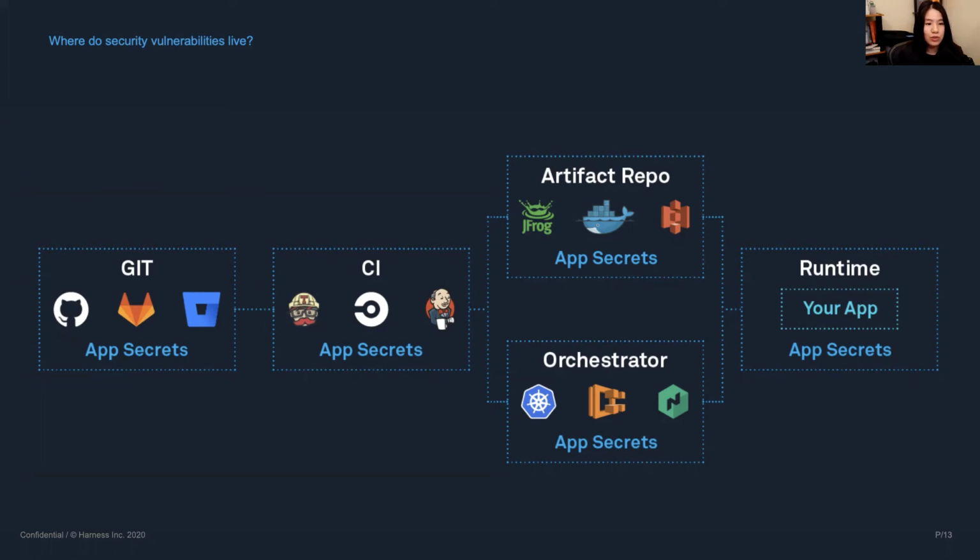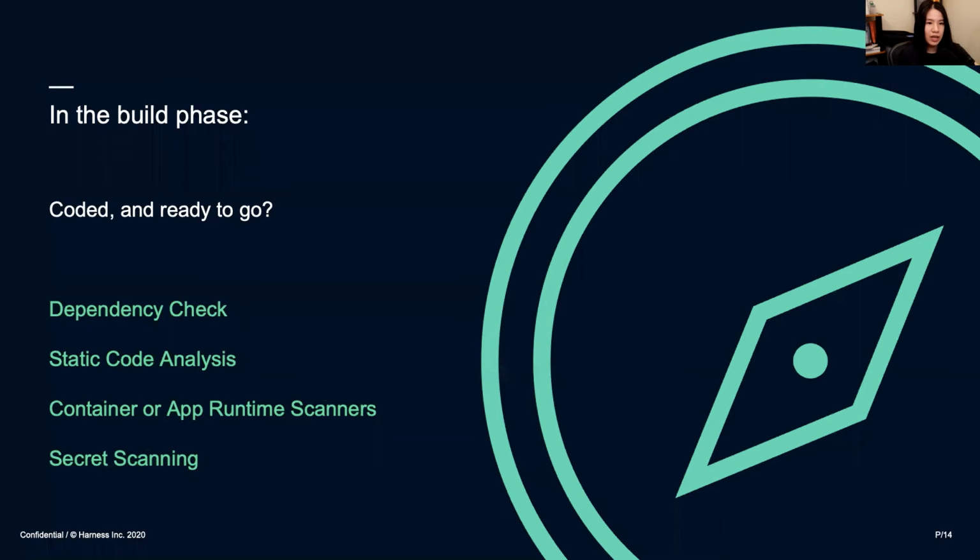So anywhere you have sensitive information, it's going to be a potential area for vulnerability, right? You want to think about these things and what tools are allowing you to really secure your applications, because whether it's in Git or it's with your actual servers that aren't being protected, maybe you have a default password in there and that's the reason why you're going to get compromised. You have to look at the entire ecosystem before you can really ensure that you're securing your applications correctly. And so that's why I wanted to break it down per phase,